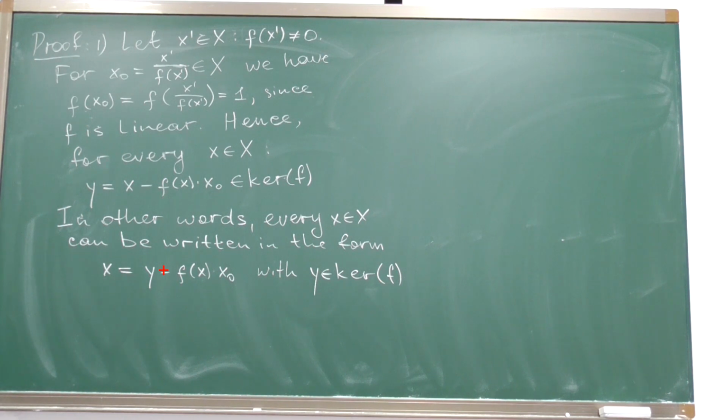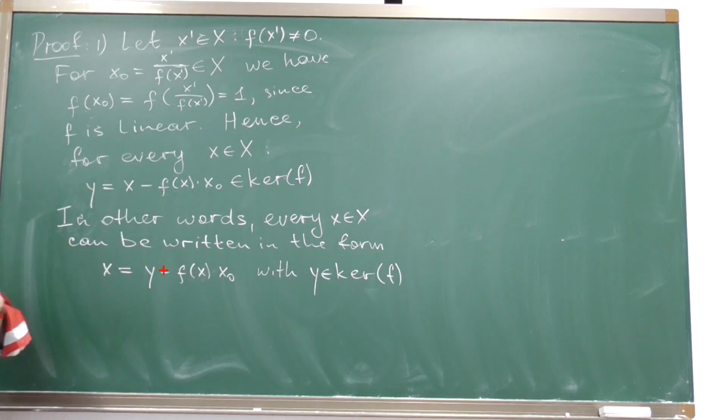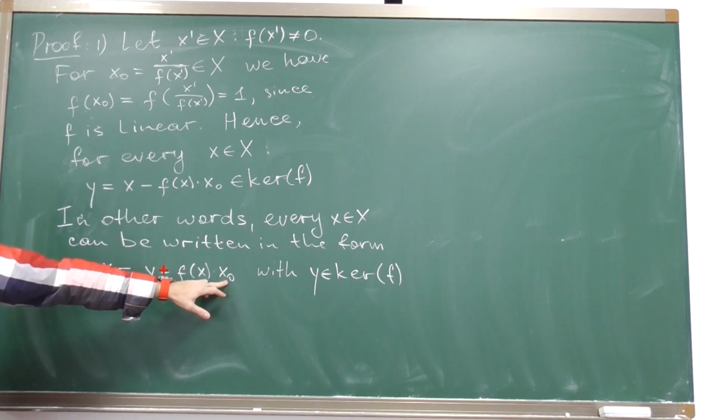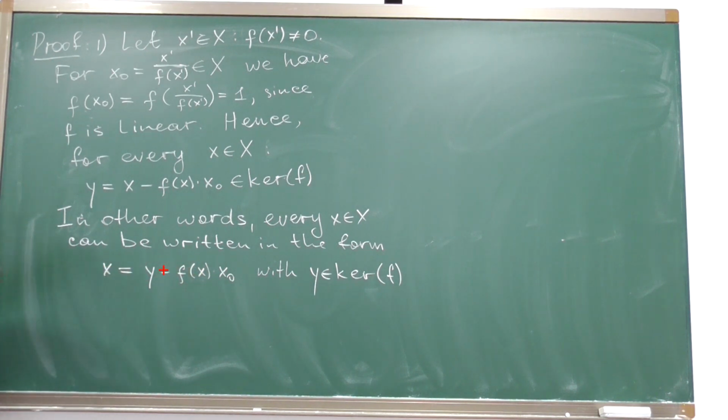And moreover, for every x, the element y and the first and the second element are determined uniquely, because this element depends on the fixed x naught and the value of f at the point x, so it is unique, and y is defined by this formula, so it's again unique for every x. So we have proven that any element of our vector space, linear space, can be written as a difference of